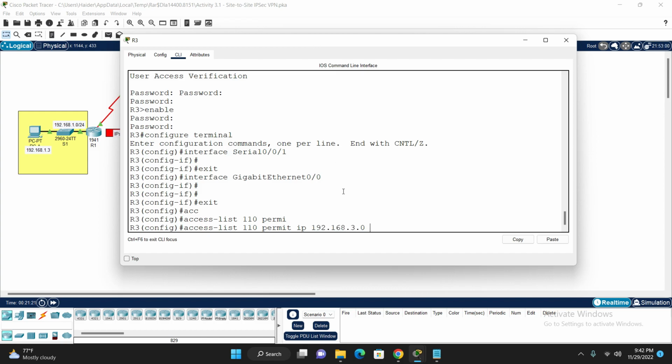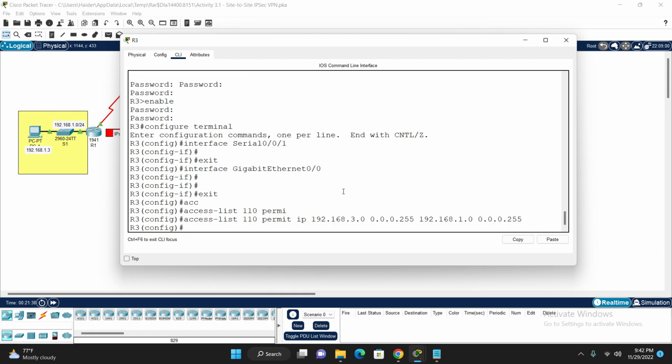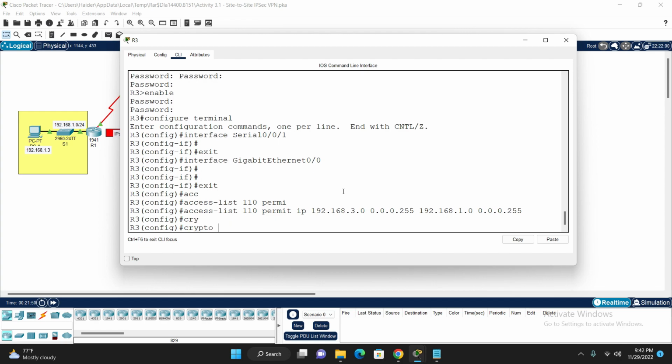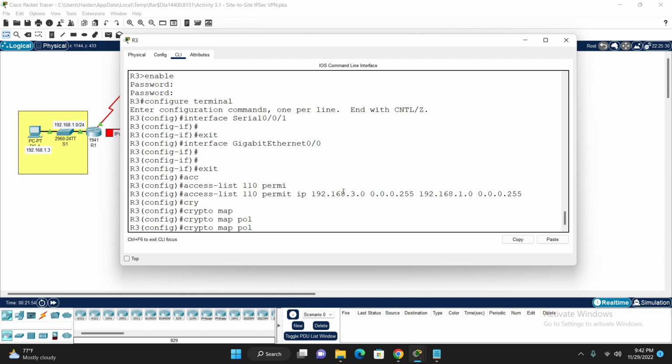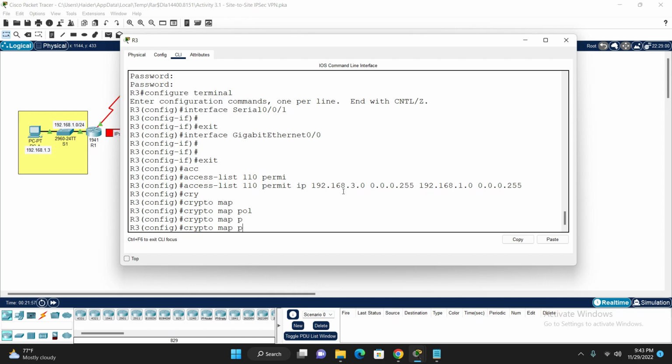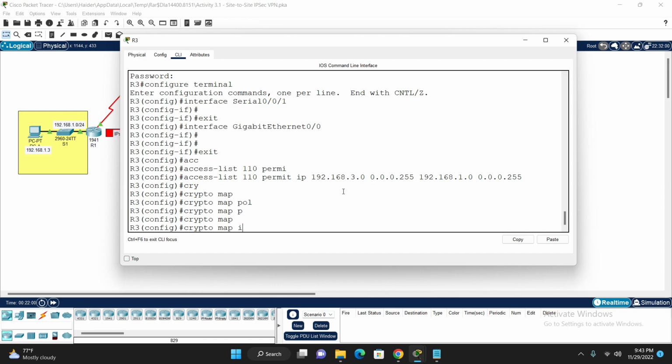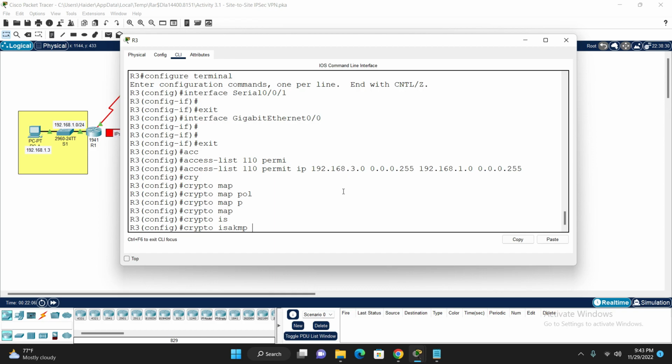192.168.3.0 with wildcard 0.0.0.255, and our destination network 192.168.1.0 with wildcard 0.0.0.255. Now we have defined the interesting traffic which we are going to encrypt. Then we need to write the ISAKMP phase 1 policy: crypto ISAKMP policy